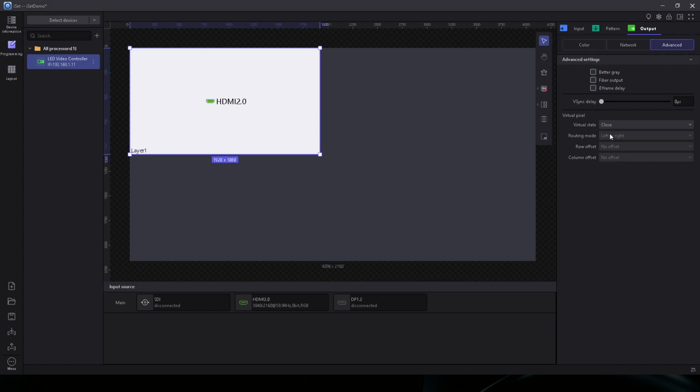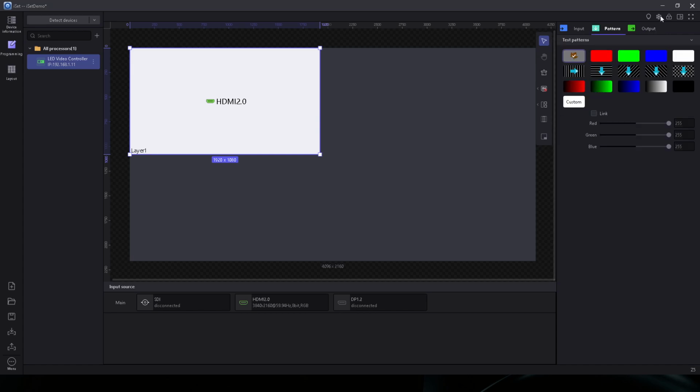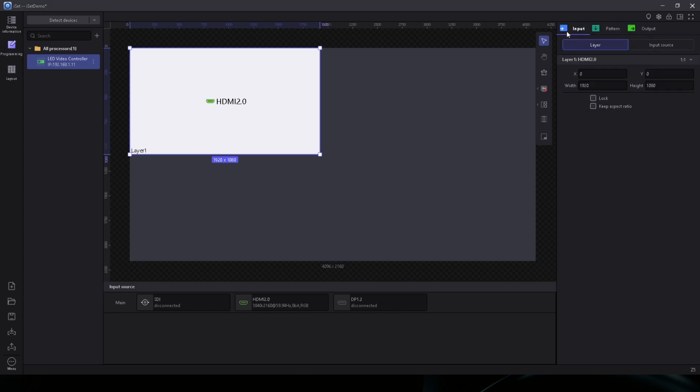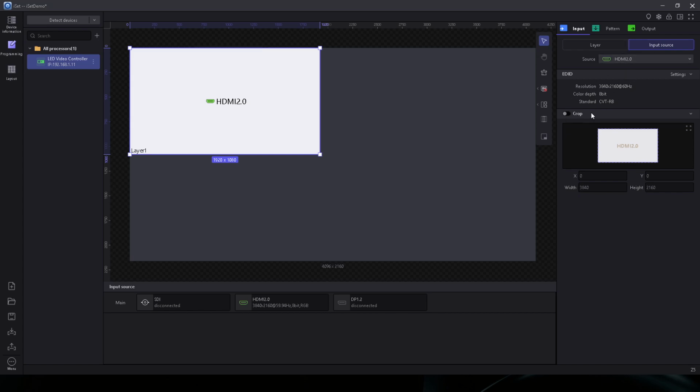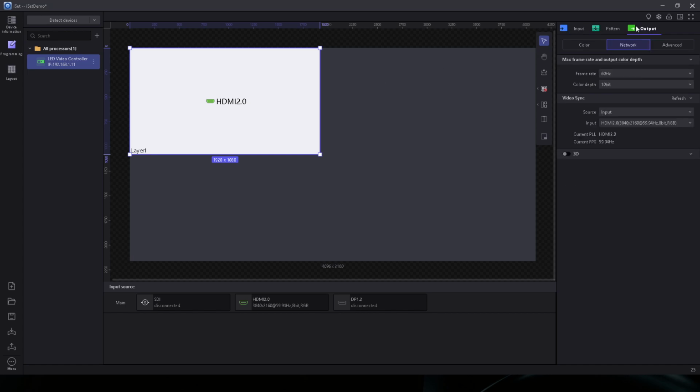We're not going to go over these today, but we'll go over this super short. The pattern tab is pretty obvious. It just lets you set test patterns like RGB, bars, do a custom color, stuff like that. We can also do cropping here if you want to crop the input signal as well. So now that we've configured the programming portion, the initial setup, we're now going to go over